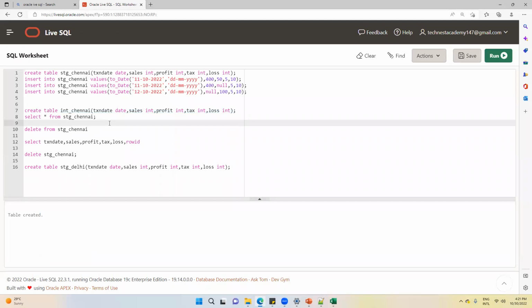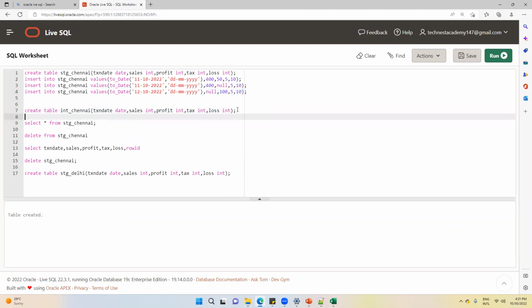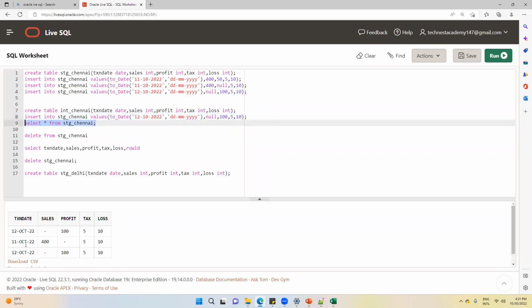So Anita is telling me, Tanvir, I don't want the staging, keep it directly in the integration layer. I said, okay, fine, no problem. In the integration, I am loading this data directly. Data is loaded for integration Chennai. One minute.